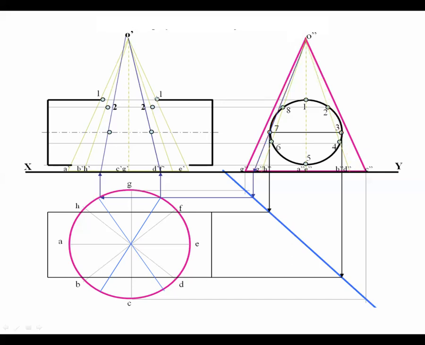Point number 1, how to plot this point? This point is on line O double dash and A double dash, E double dash in side view. So in front view also, this point number 1 will be on the line O dash and A dash.